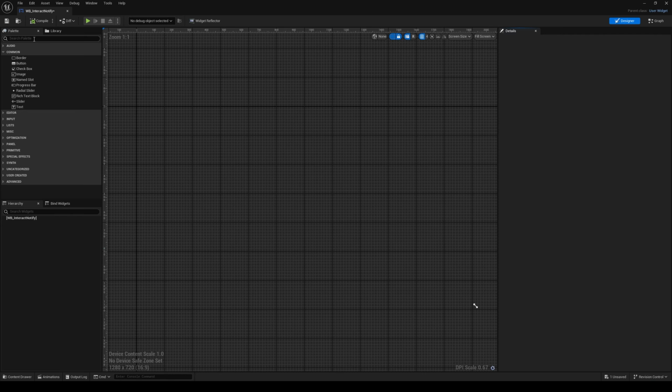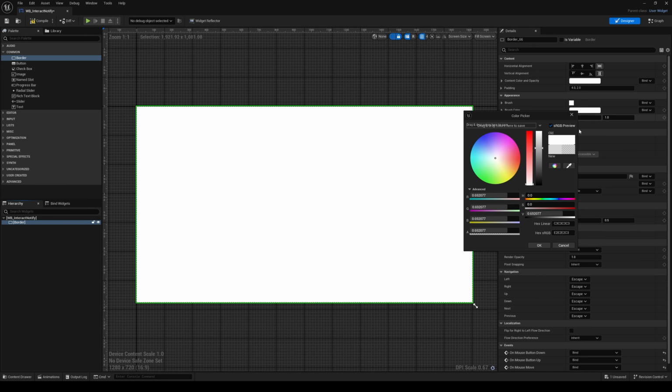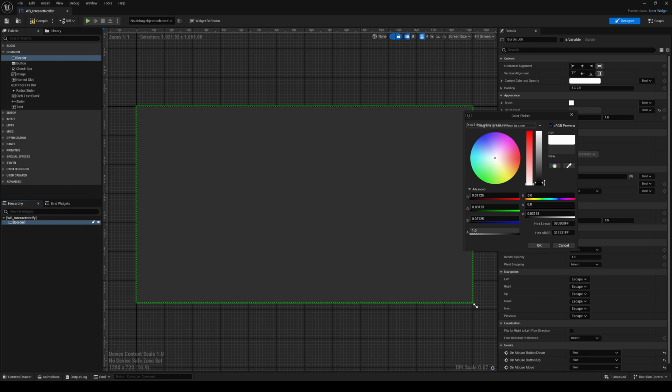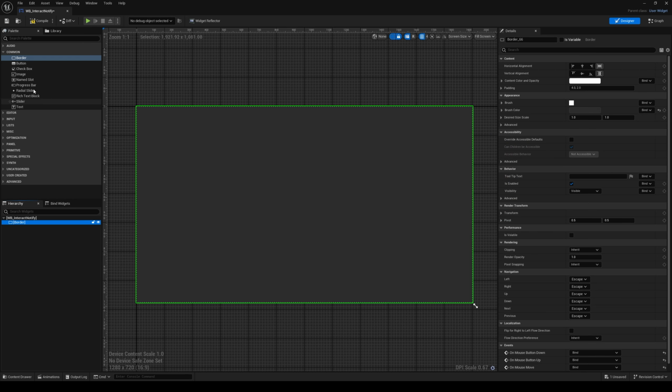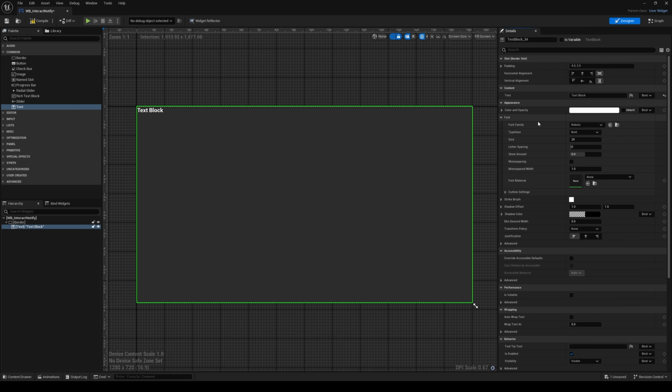Now inside, we want a border, which we conveniently have here. So let's drag that in, and let's change this color to a darker color, something like this. And we want a text, which we also conveniently have here. Drag this in, and I'll set the size to be 18. We want this to be variable, so we can edit it in the event graph. We'll call it txt_interact